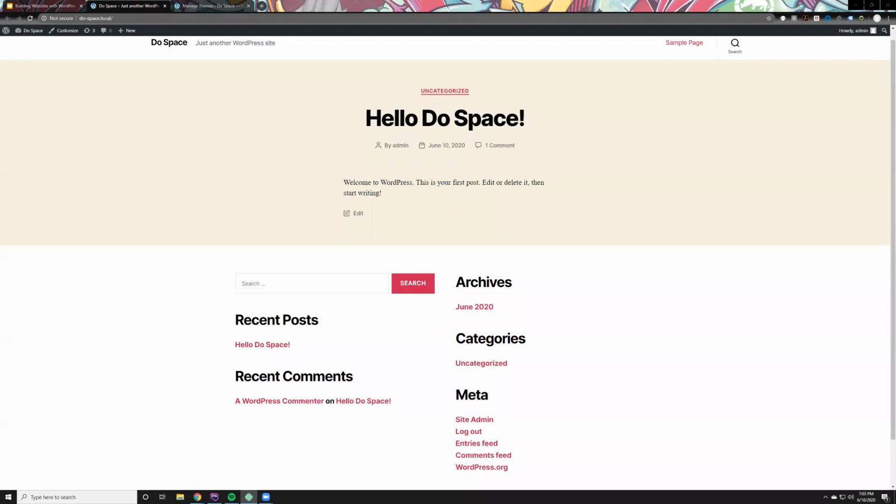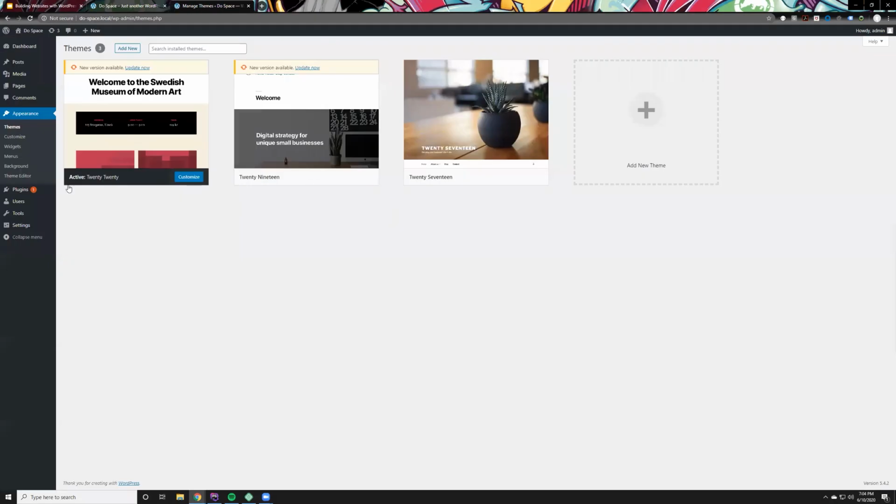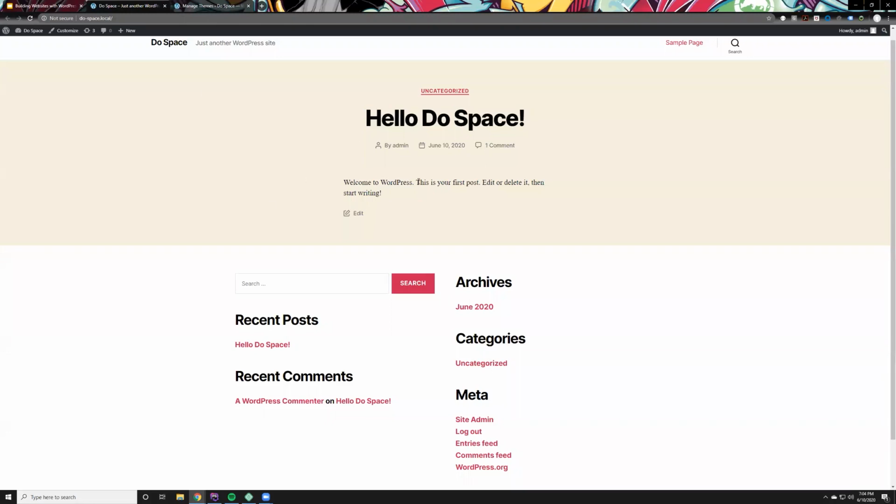The important thing to point out here between WordPress.com and WordPress.org is that if we had just spun this site up on WordPress.com, we would probably be presented with the same situation. So whether you're doing this on WordPress.com or WordPress.org, the rest of this presentation really isn't going to matter a whole lot either way. There are some limitations as to which plugins or themes you can install, especially when it comes to premium stuff that you have to purchase. But for the most part, the admin looks the same and has a lot of the same, if not all of the same, features. And if you were to spin up a WordPress site right out of the gate on either, it's going to look like this,